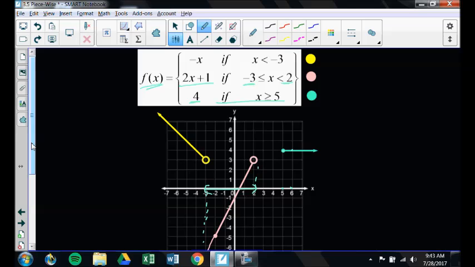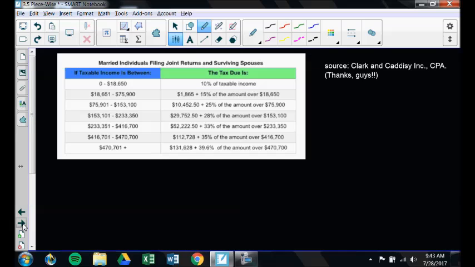Now, before we get too far down talking about how to do this, I want to talk about where and why it's useful. We actually use piecewise functions all the time without thinking about it. Here's a list of the taxes from 2016, last year's taxes from the time that I wrote this, that I pulled up off the internet. Depending on how much money you make, you get taxed at a different rate. If you make somewhere between $0 and $18,000, your taxable income, the amount of money you're taxed on, is just